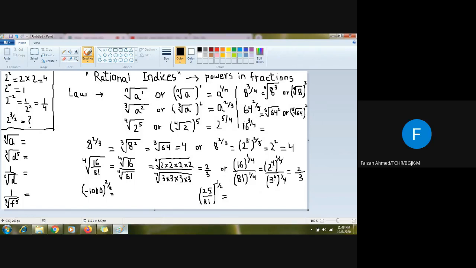Similarly, I have one more question. We have 16 to the power 3 upon 4, so I can write like this. I will write 16. I know that the power which is in the numerator will definitely come on 16 like this, and the power which is in the denominator will come in the root index. Or I can also write it like this. I can use a bracket sign. I can make a radical like this. I will write 4 inside, and then I will write 16, and I will close the bracket, and I will write 3 outside the bracket.